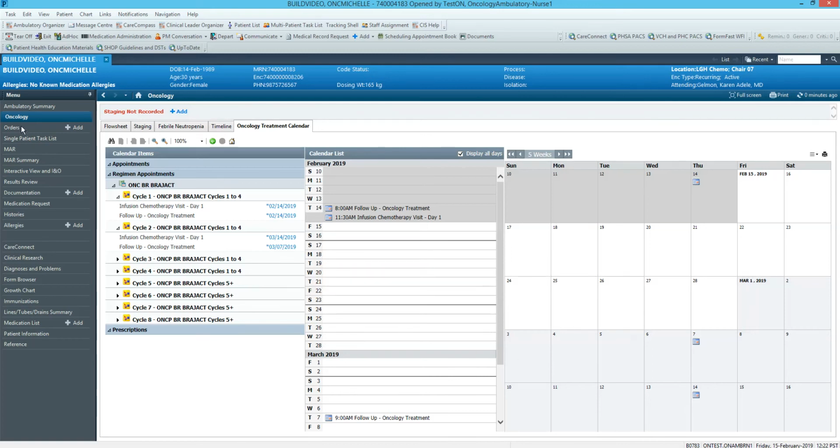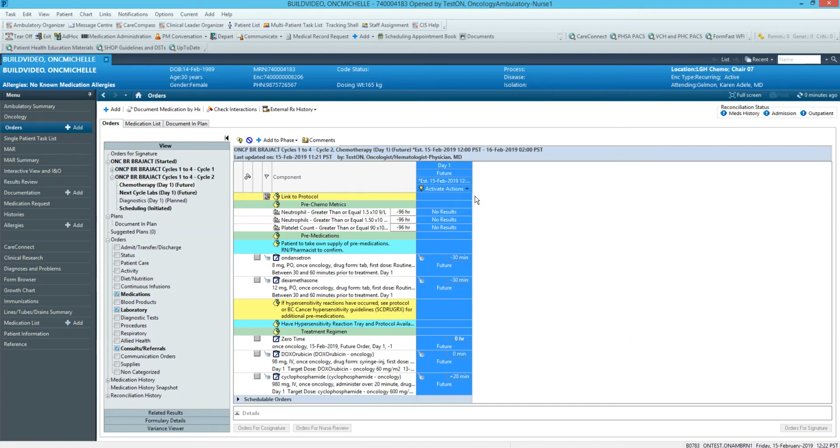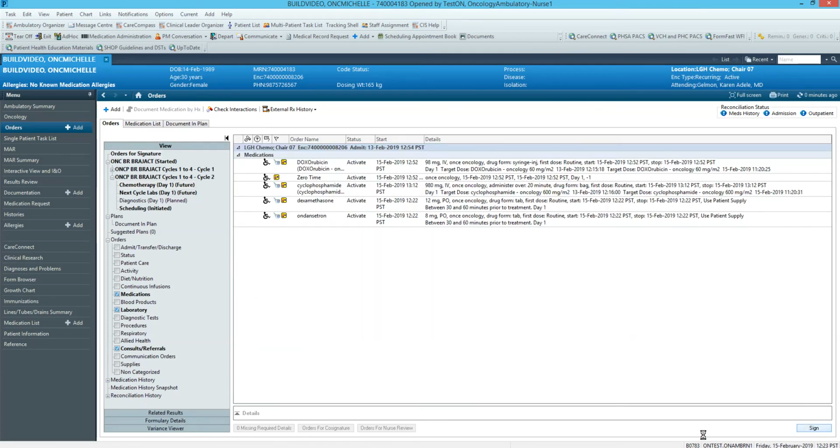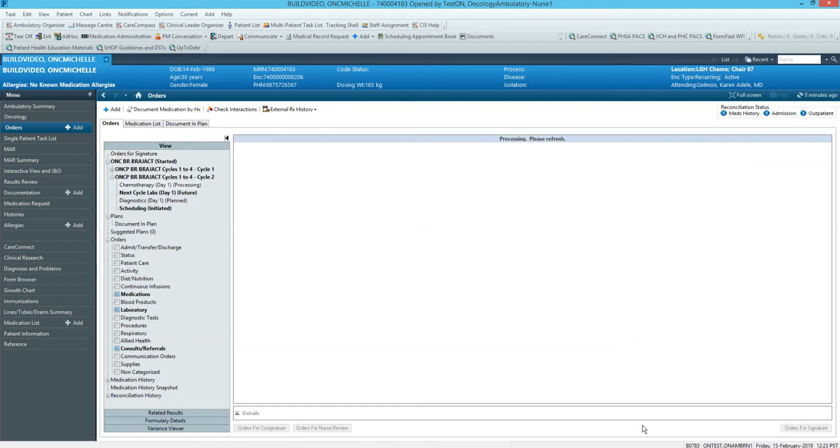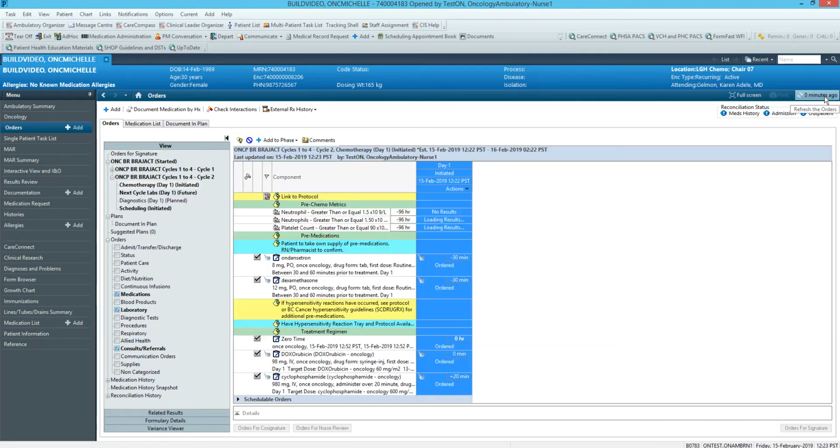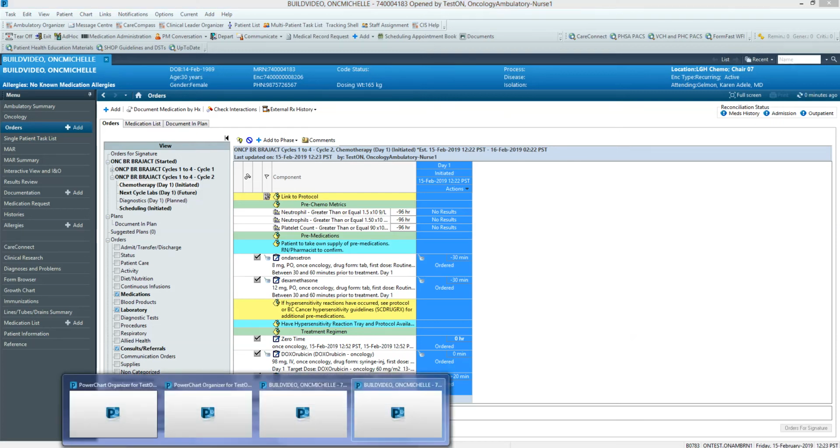Now, another alternative would be if the plan was activated. So let's say the nurse had done their checks and potentially missed something that was a parameter not in range. So they had gone ahead and activated the day of treatment. Upon further review, the nurse has noticed that they have done an assessment on the patient and they cannot go ahead with chemo today. They have spoken to the provider and the provider would like to rebook the patient for 1 week's time. In this instance, the provider would need to go into their PowerChart,